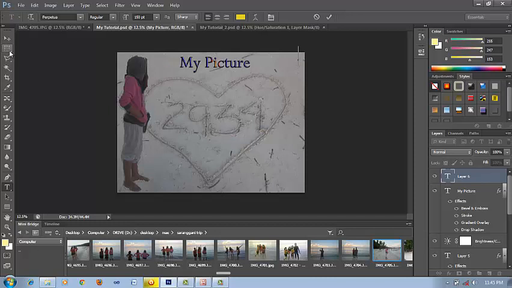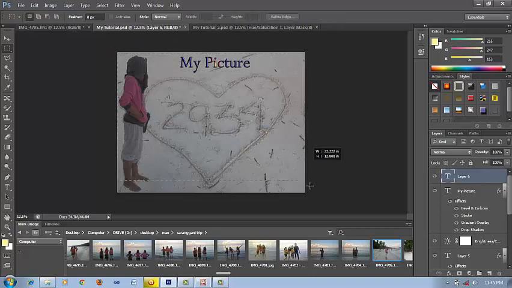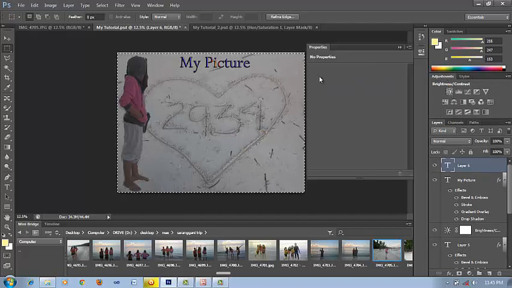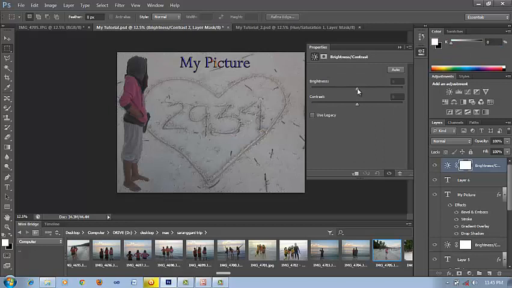Click this button to select all the photo, then click the adjustments, brightness and contrast. Adjust the brightness by simply clicking and dragging this button here.